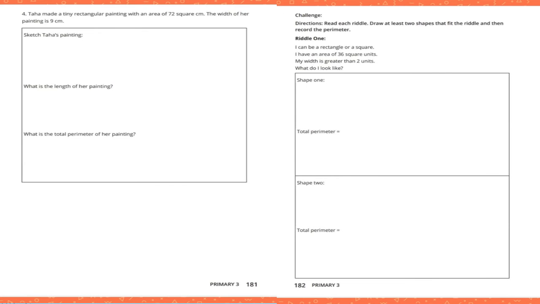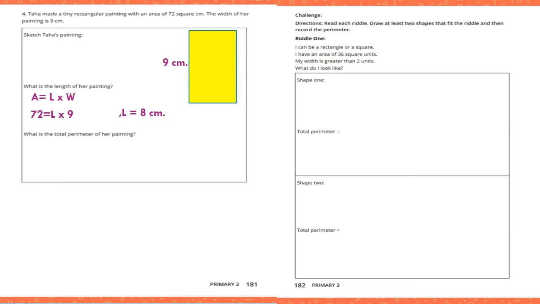Taha made a tiny rectangular painting with an area of 72 square centimeters. The width of her painting is 9 centimeters. So what is the length of the painting? Now to get the length, we have to divide the area of 72 by 9 and it will be 8